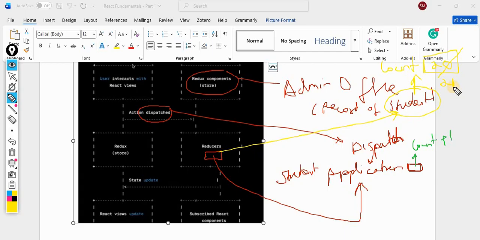And the reducer will update the state, so the state is updated from 20 to 21. Updating the state means the store information is now changed. It means suppose you received a new product. If earlier the count was 20, now the count will be 21.